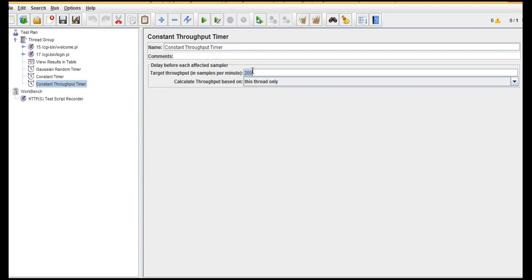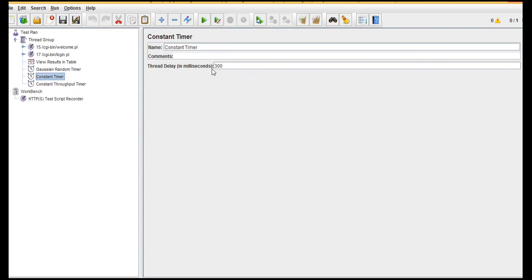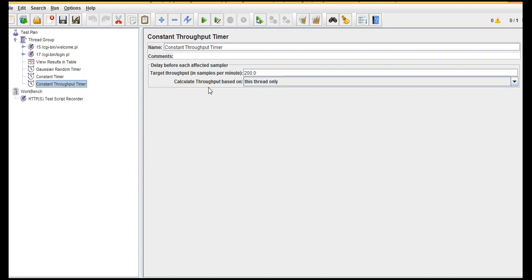So execution between the threads, the pause time, depends upon the throughput. Now got it? In our earlier session we went with a constant timer by putting in a 300 milliseconds wait. It constantly put a wait of 300 milliseconds, but here how long it should wait for another thread to start depends upon your throughput. If throughput is only 100, go ahead, don't wait, just start. But if it is 200, then wait till it's served and then come in. So this is where the constant throughput timer is used.